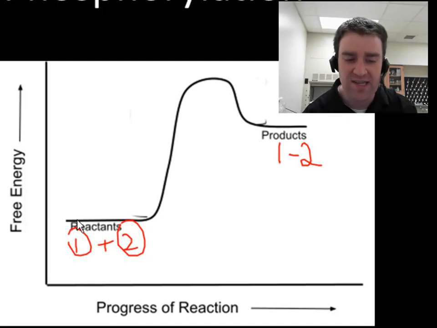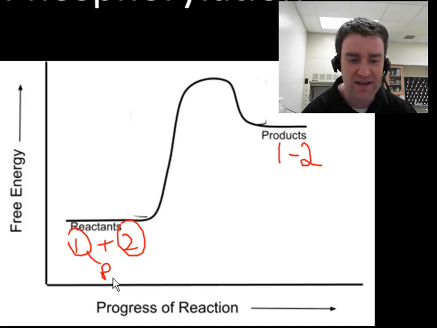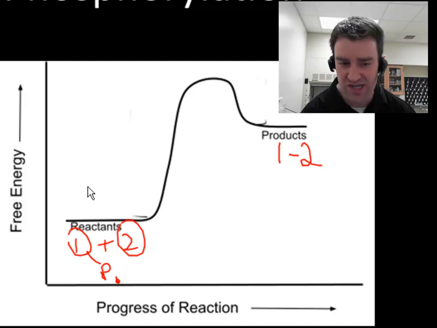What ATP will actually do is directly attach a phosphate to one of the chemicals. Let's say we phosphorylate chemical 1. Phosphorylate is just a verb meaning attaching a phosphate from ATP. And that has consequences. That phosphate itself is very unstable. It's going to dramatically raise the energy, or make chemical 1 much less stable than it was before the phosphate